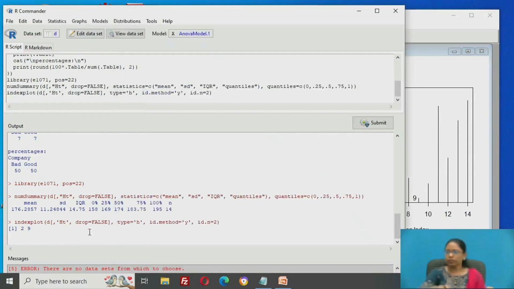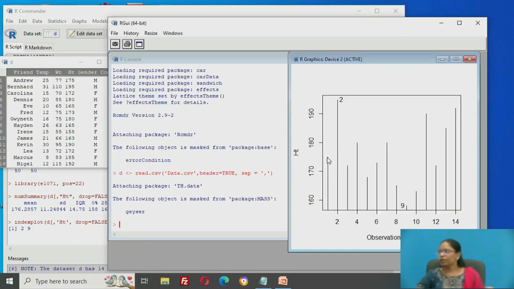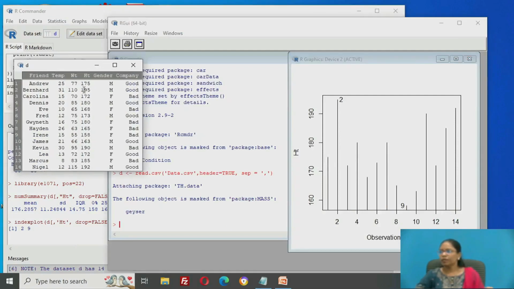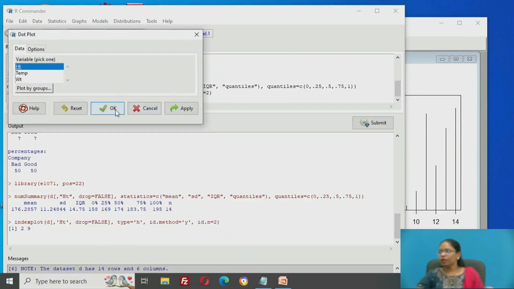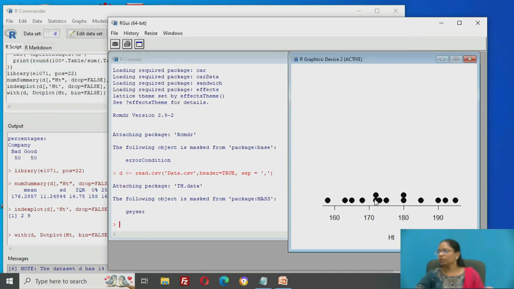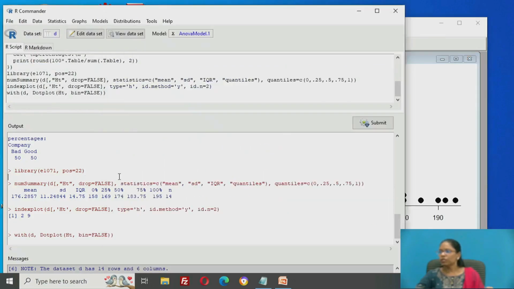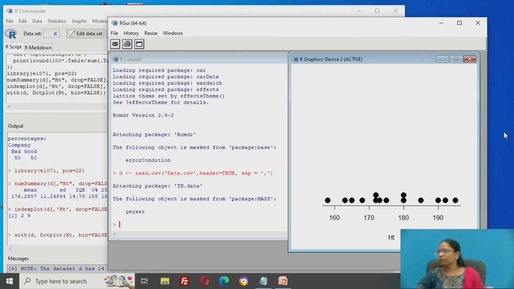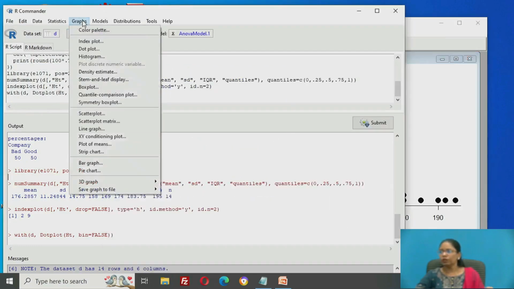If we want to check, we can see this height is 175 at the start. The second sample height attribute is 195. So this is the third sample's height attribute, 172. You can get the dot plot for the height attribute. If I see, this is the dot plot. Instead of the lines, it's been shown with the dots. So at 162 there is one dot, at 175 maybe, and so on up to 197 or 195. The values have been plotted in the dot graph.